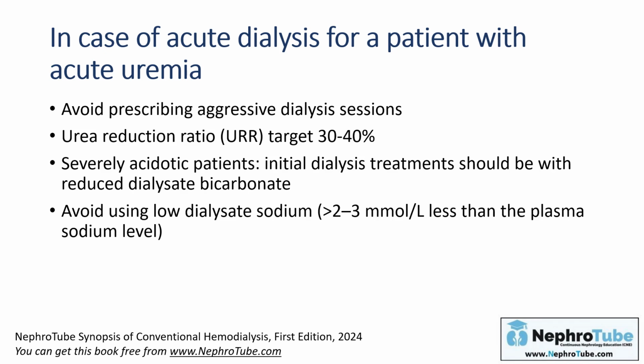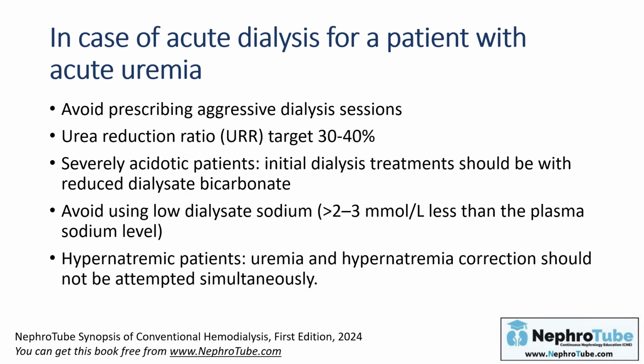And you also have to order a hemoglobin level to see if the patient is anemic and we need blood transfusion in hemodialysis. And also it's better to order serum sodium to know the plasma sodium level of the patient, to adjust your dialysate sodium to avoid disequilibrium syndrome. If the patient is already hypernatremic, so the patient now is uremic and hypernatremic.